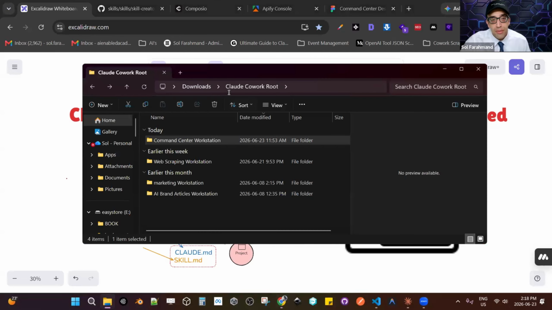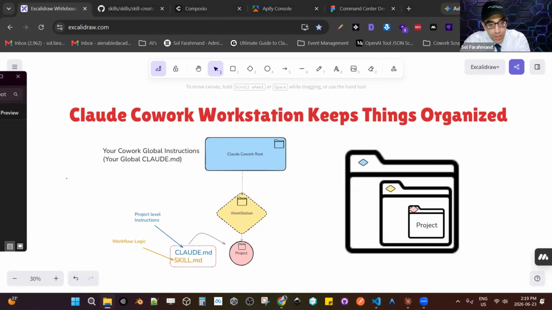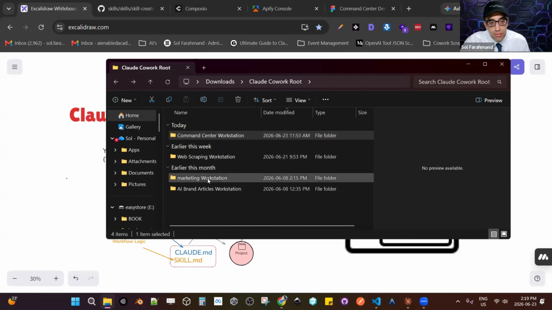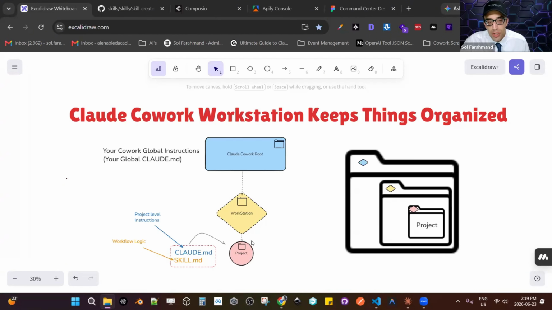I'll show you how I have it set up. So this is for demo purposes, obviously. This is my Claude Cowork root. It's the same as what I just showed you here. And then inside it, I have these workstations, okay? And inside these workstations, you have projects. A workstation represents a category of work that you would be doing, that you want to organize those particular projects